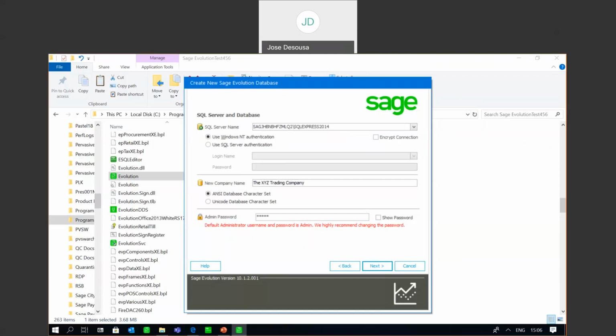Right, and then just details about the admin password. So the default admin password and username is admin. However, we highly recommend that you change this password. So we've got the details there. I can just show the password information if I need to, and I'm going to use those details when logging into the application for the first time. However, we recommend that you do change this password. Right, so next,